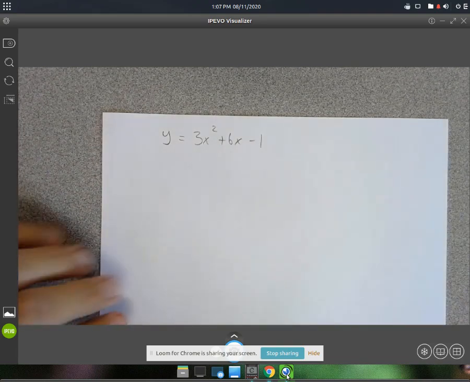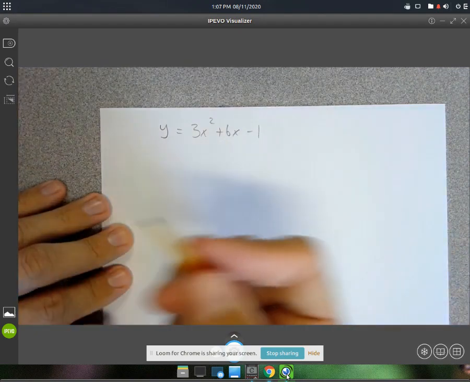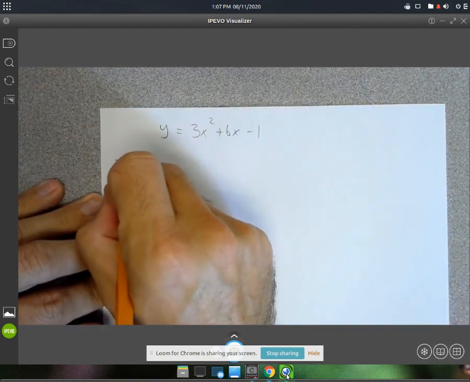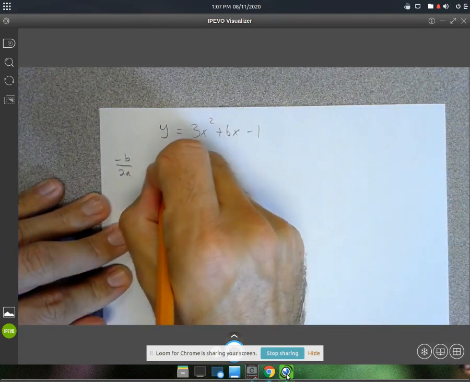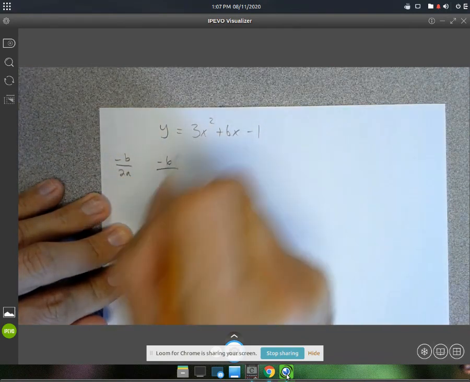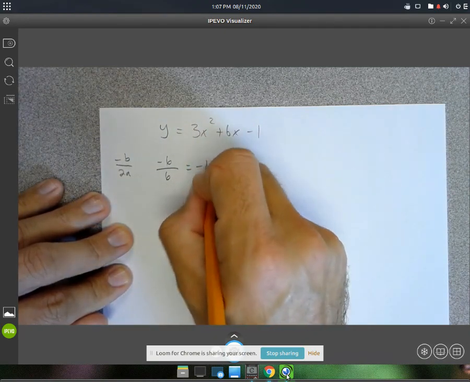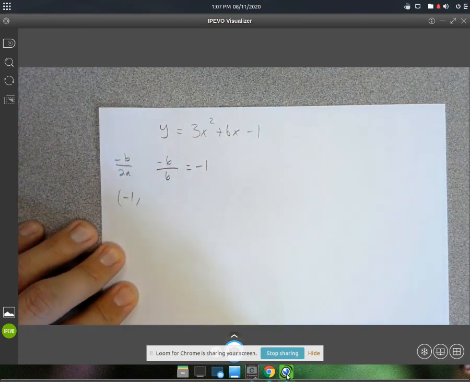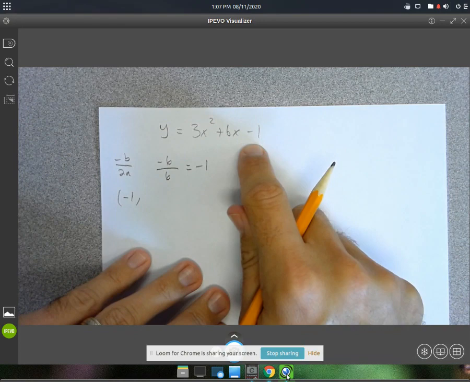All right, so last example here, we're going to convert this to vertex form. First thing we want to do is the negative b over 2a. So negative b is going to be negative 6 over 2 times a, which is 2 times 3. So that would be 6, which is going to give us negative 1. Now that is the x-coordinate of our vertex. We're going to take that negative 1 and plug it back in, and that's going to give us our y